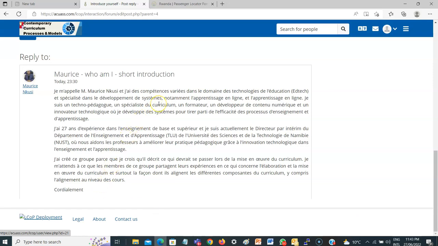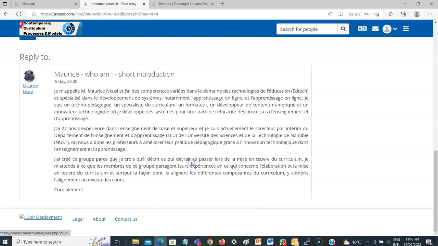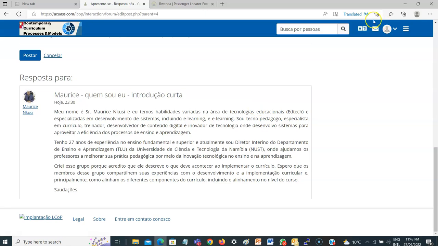So John can tell the system, please translate this in English. But here the system is showing in Portuguese. You see there is this icon. You see this is in Portuguese, but John is still not